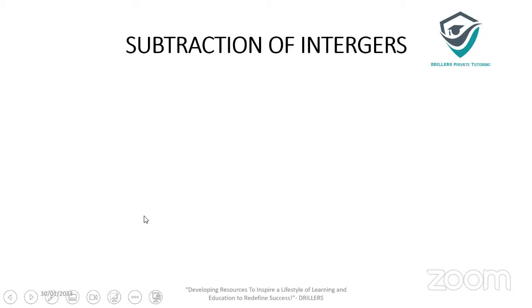So I know I touched on subtraction, but we will look at some more examples. So if I have addition and subtraction, the same rule applies. Same sign, we add and keep the sign. Different signs, we subtract and keep the sign of the larger value. So if I have 7 take away 3,